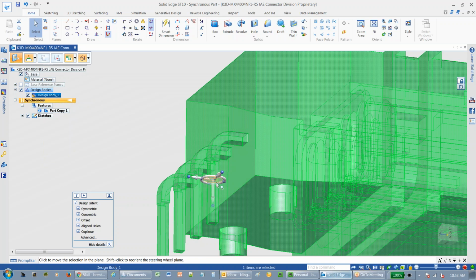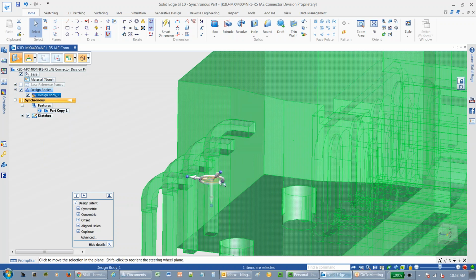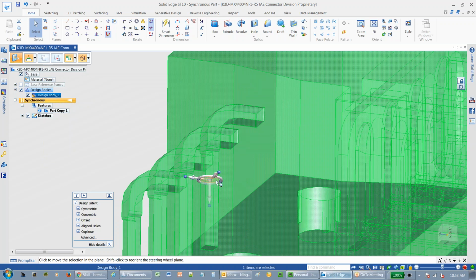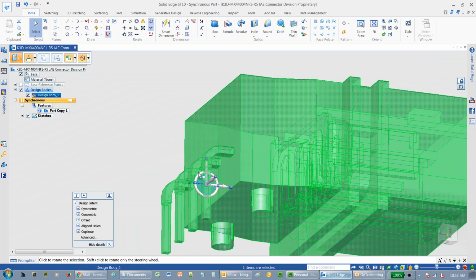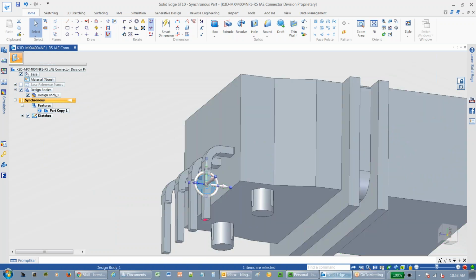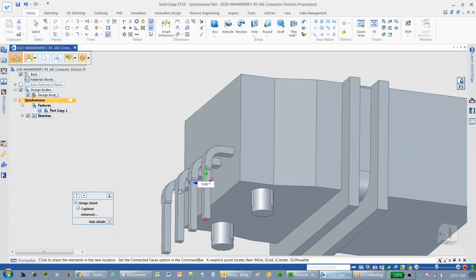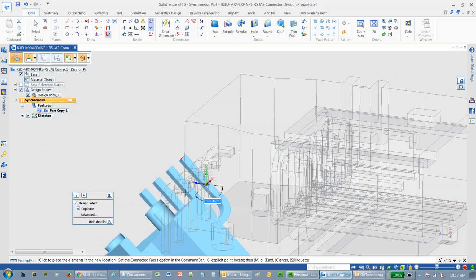To do that, I can hold down the Shift key, and you'll see this little orange plane here in the center of this that will highlight. You can kind of see it there. Hold down the Shift key and click on that, and it will rotate the wheel around on that plane. So Shift click it again, and now it's in the direction that I want to be able to rotate this part. So instead of using the vertical or the straight vector arrows here, I can use the rotational part of the wheel. If I click on that, this will allow you to rotate that part